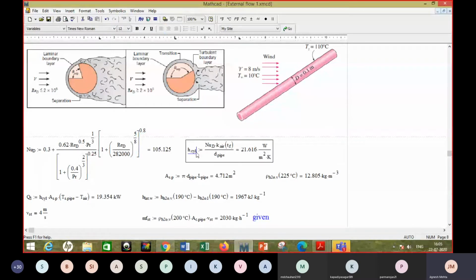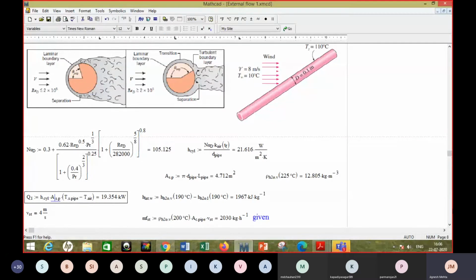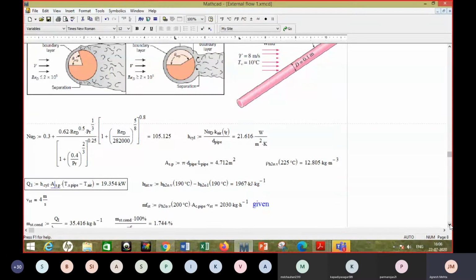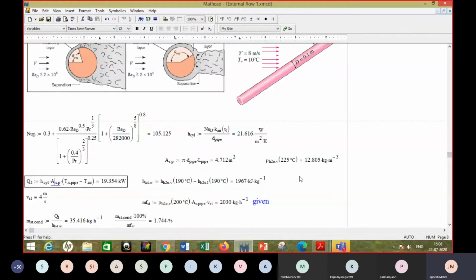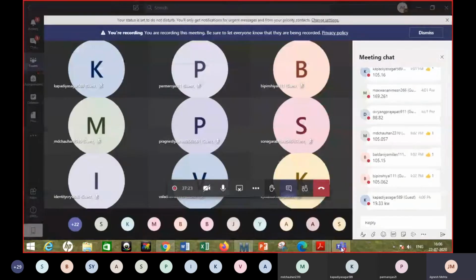So because of this heat transfer coefficient, how much is the heat transfer rate? So h A delta T, right? So you have to get the area of the cylinder. So it is pi d l. You can get that pi d l, and then the heat loss rate is h A delta T. Delta T is temperature of surface of pipe minus temperature of air. So surface of pipe is at 200 degrees Celsius, air is at 10 degrees Celsius. So 190 degree difference into the area. Area is coming out to be 4.712.